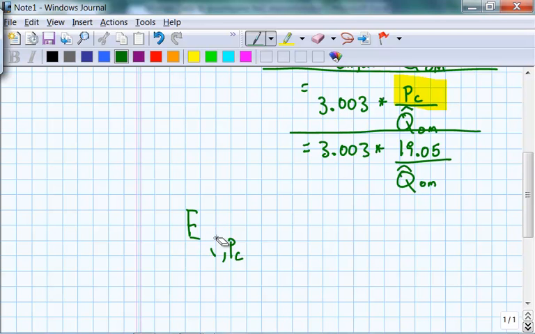Let's get rid of that little x up there and call it Q sub x, so my notation isn't any worse than it has to be, and that is going to equal 3.003 times 19.05 divided by